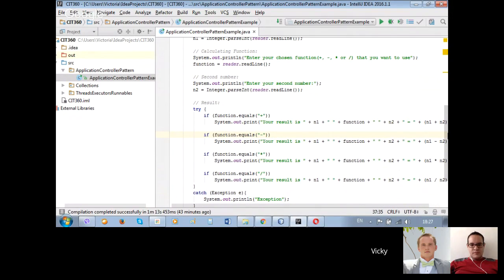Multiply, divide, I don't know, plus, and subtract numbers. So